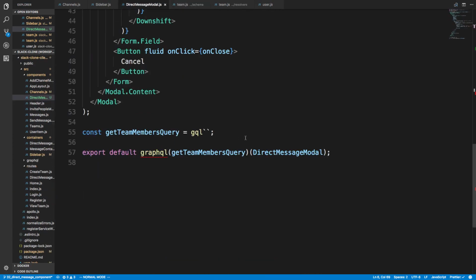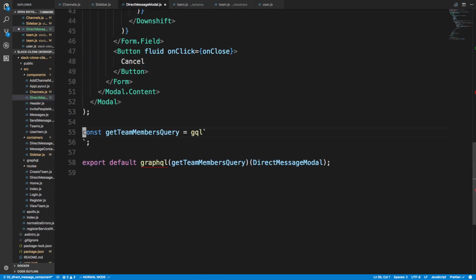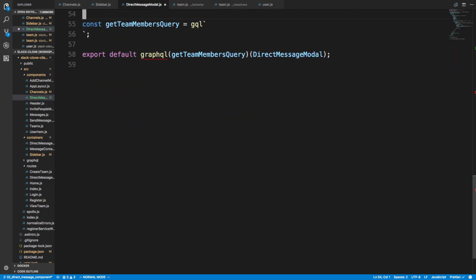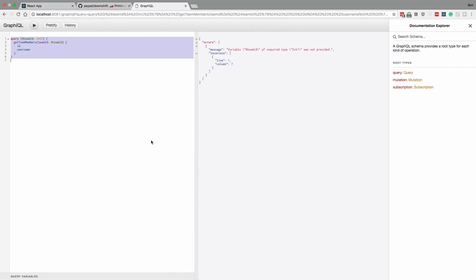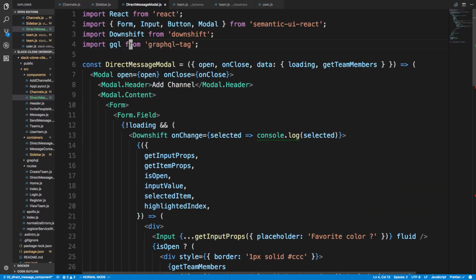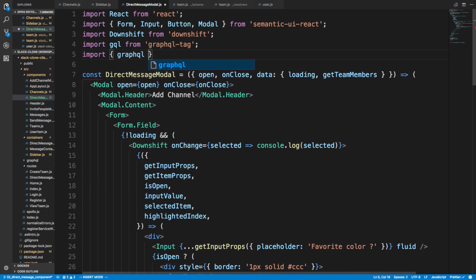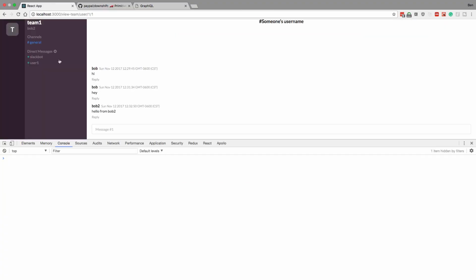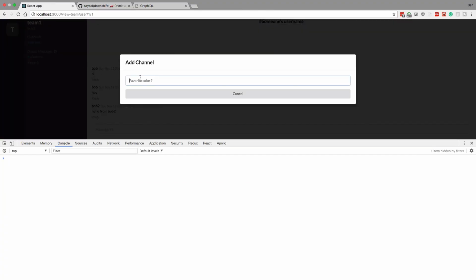So that's our modal here. Paste it in here, and looks like I forgot to copy it. Looks like I forgot to import GraphQL, so let's import GraphQL from React Apollo. Alright, let's see if we get any errors now. And let's see what the value of get team members is. What do we get back? I think we're going to have to use the distinct keyword. So click this,